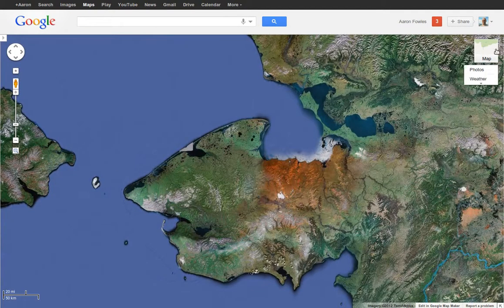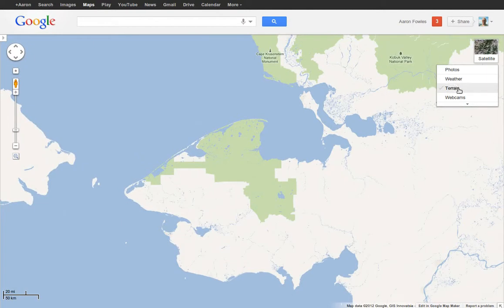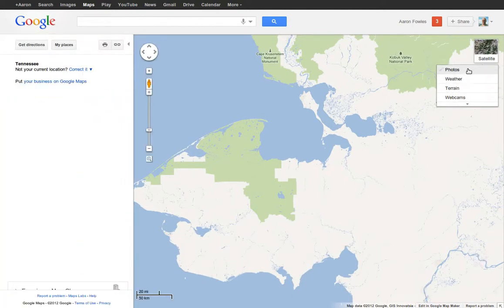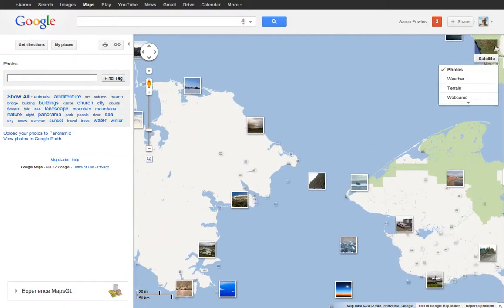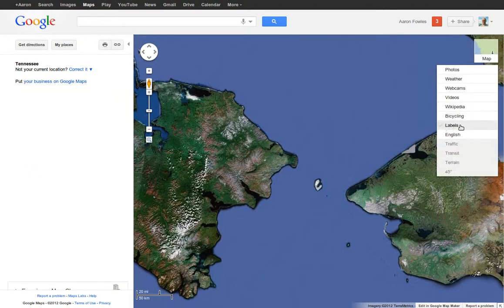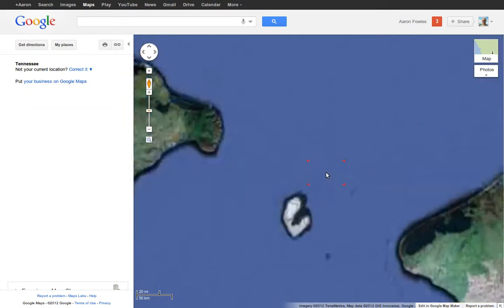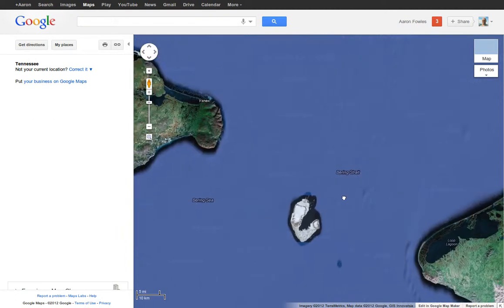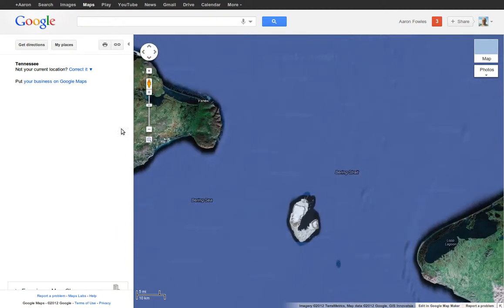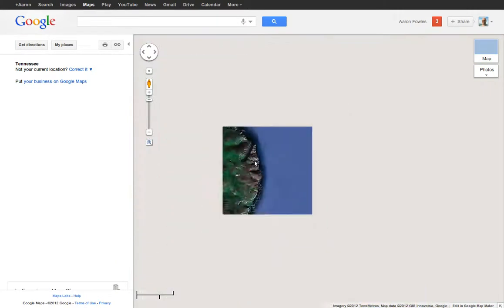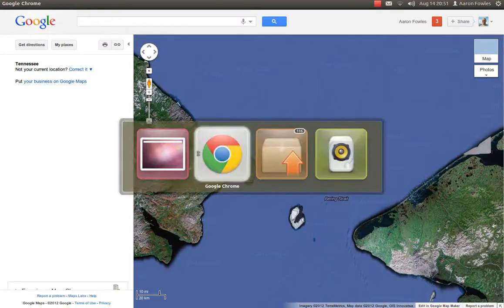And if I turn the labels back on, we should be able to see, that's not quite right. We should be able to see, there we go, where there's the Bering Strait right there. But so that's where there was a bridge. I don't think that has anything to do with it, but it's possible. Anywho,